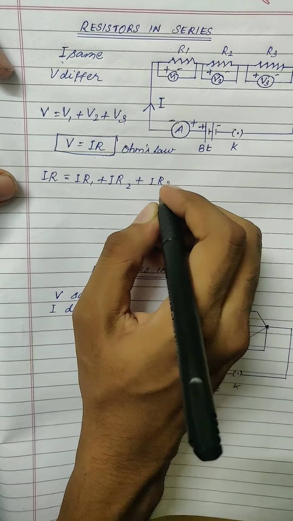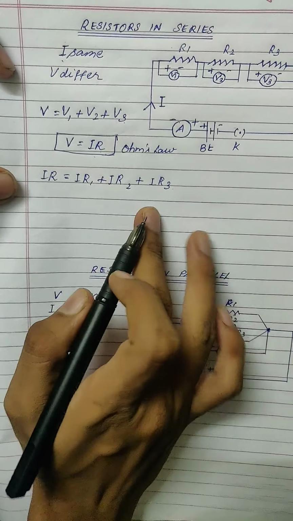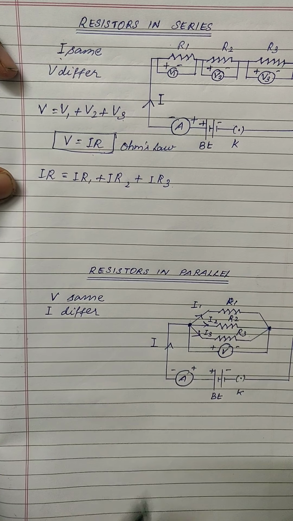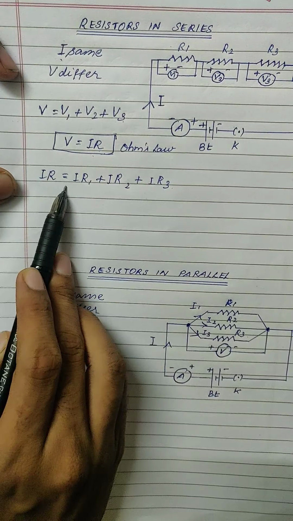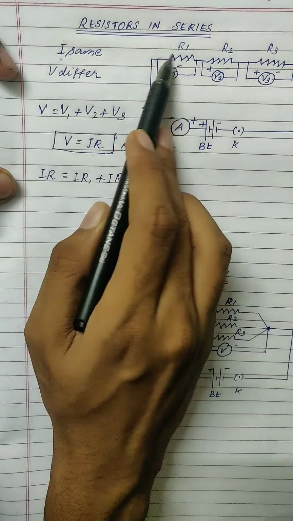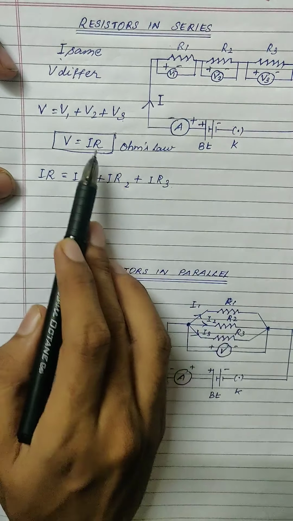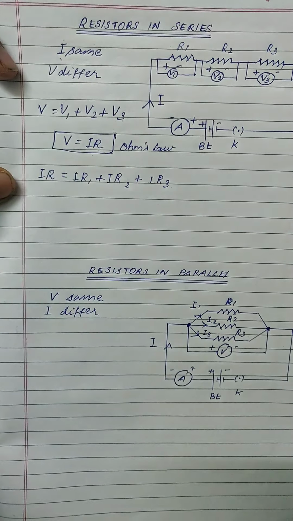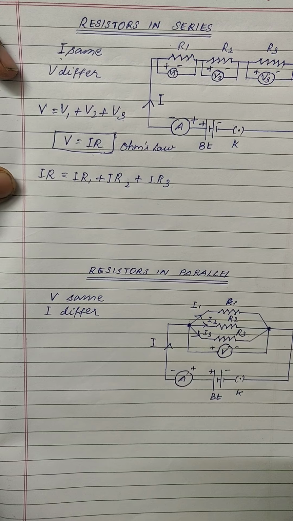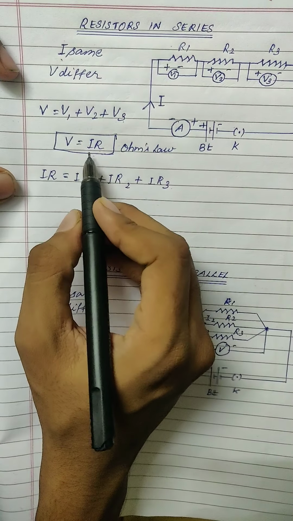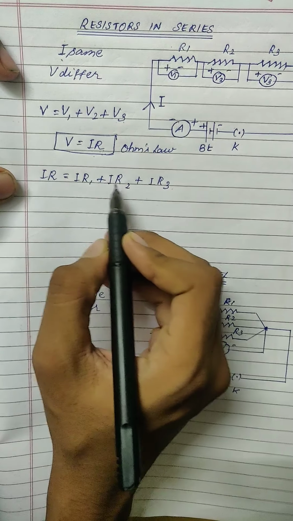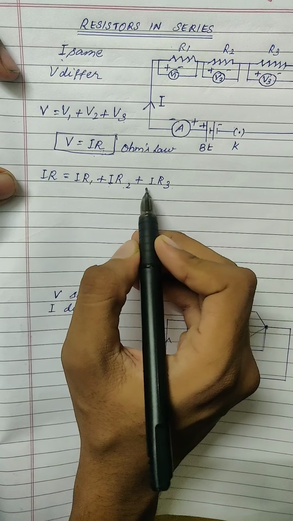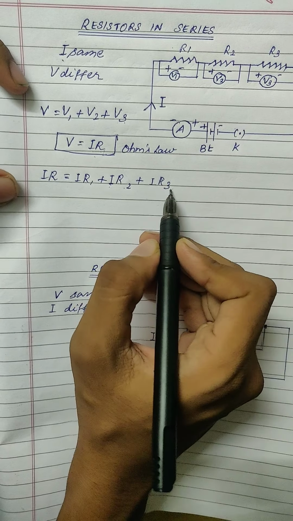I hope you can understand. See, just listen once again. We know from Ohm's law, V is equal to IR. So this V I am changing directly as IR. But here we have V1 which is pertaining to this resistor. So then it should be I1 R1, isn't it? But current is the same. Current is not I1, I2, I3 here. So then we'll have IR1 plus IR2 plus IR3, because current is the same, right? So instead of I2 R2 we are using IR2 and instead of I3 R3 we are using IR3 just because current is the same.